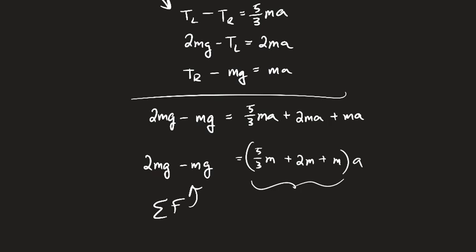Now, we should finish this. You should get an expression for the acceleration. And when you do, the acceleration is 3/14 g. Add those numbers together, cancel out the m's. 3/14 is clearly less than a third. This system will accelerate less due to the inertia of the wheel. Look, you need to